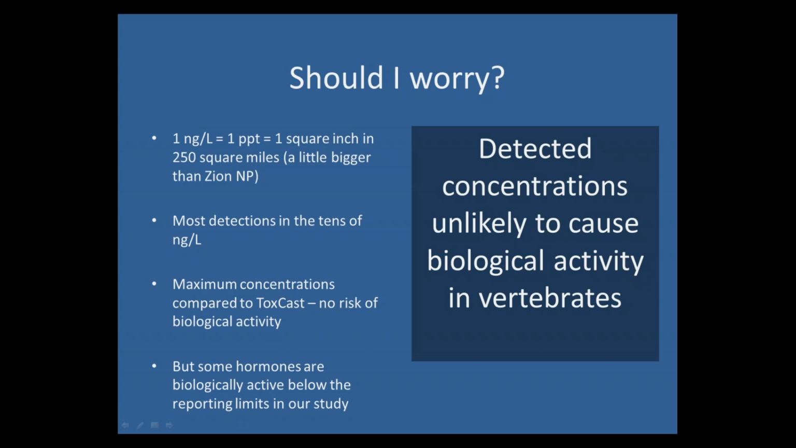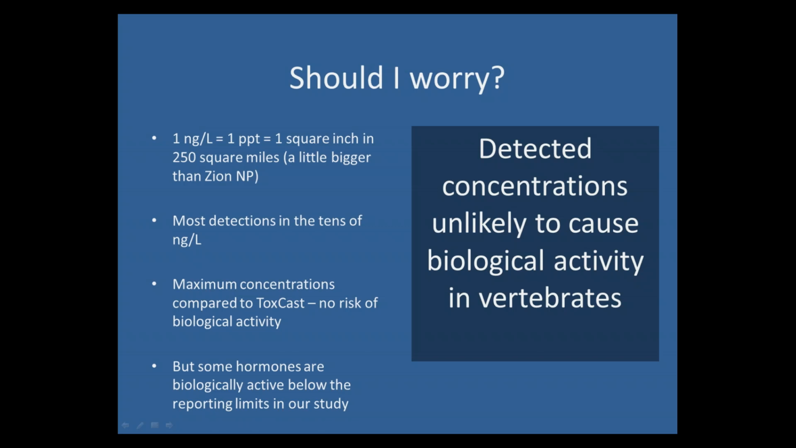So the overall story with this is that the detected concentrations we found are unlikely to cause biological activity in vertebrates. There's sort of a lot of information that goes behind that statement. So the first thing I want to talk about are nanograms per liter. These are reported in nanograms per liter, and that's equivalent to 1 part per trillion, which is very difficult